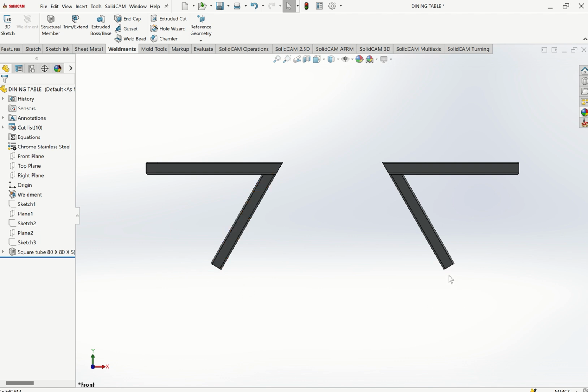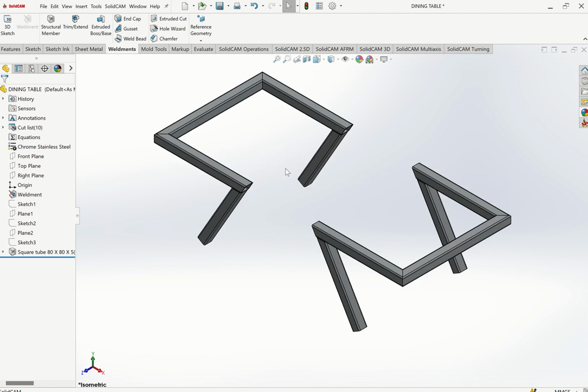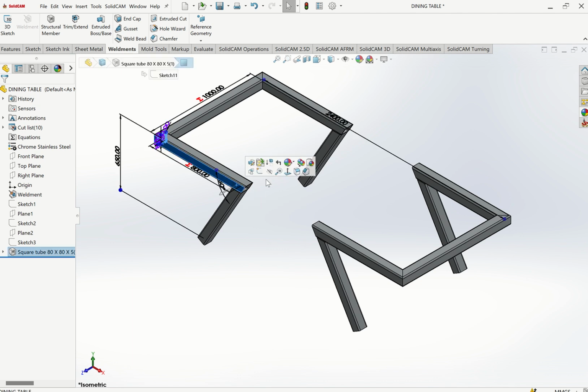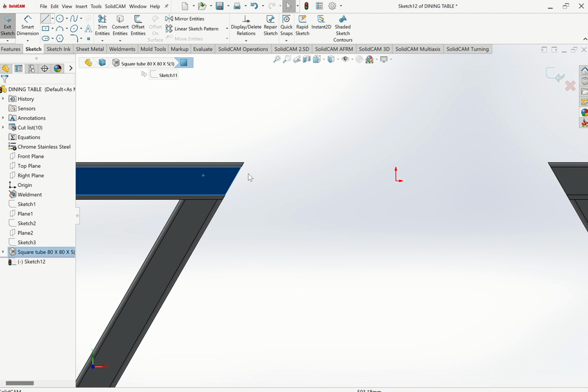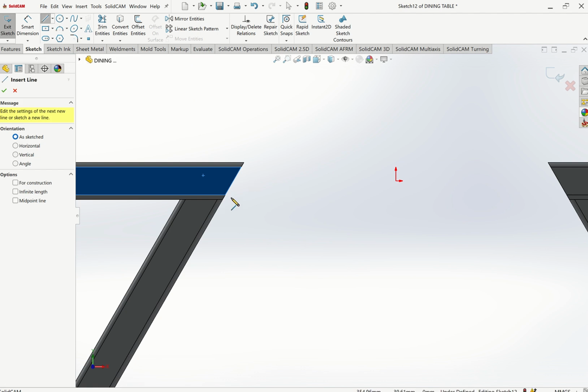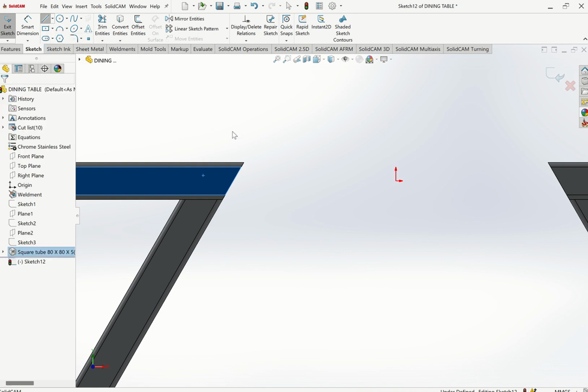But remember, at the bottom side, it will not be good because it will affect. Also here, it will not be good. So what do I do? I want to remove some materials there. So click on this one, sketch. There's a way I can do it without cutting, but I want to demonstrate this one using different methods. Yes, how we can also cut in